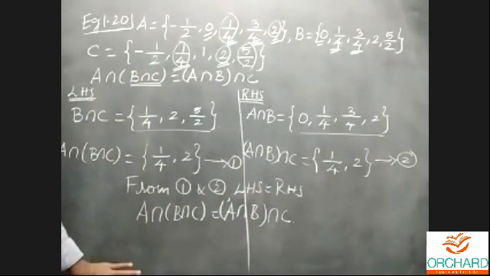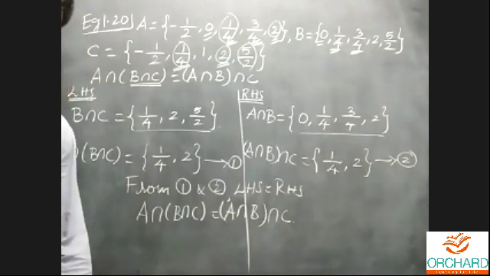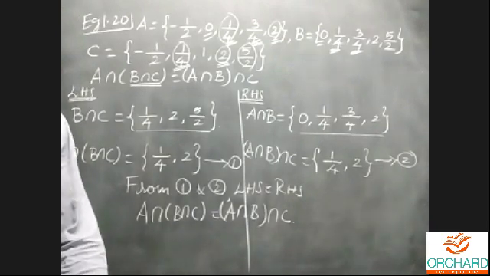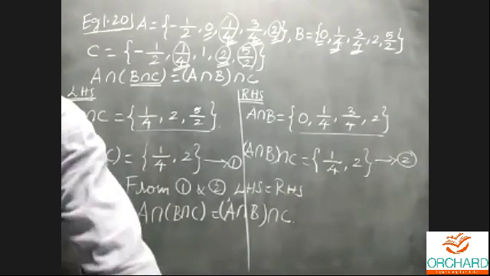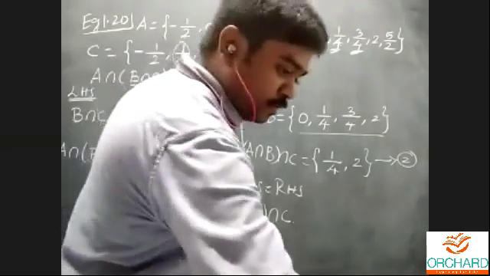The same way, the same problem we'll try to do by union of three sets. But I'll do one problem in the exercise. Exercise 5th problem. This is only the idea for the associative property for the three sets with intersection.